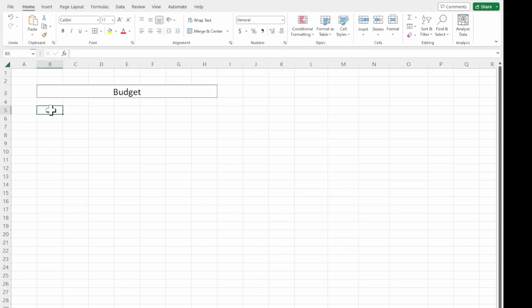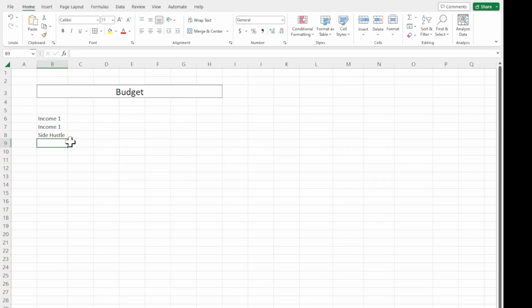Perfect. Now we're going to make an income section here. Let's do income 1 and income 2, and side hustle. Income 1 and 2 can be your and your spouse or significant other's income. And then maybe you have a side hustle, whether you drive for Uber, sell stuff, or flip furniture, things like that. We'll call that your side hustle money. We're going to have the names of everything on this side,